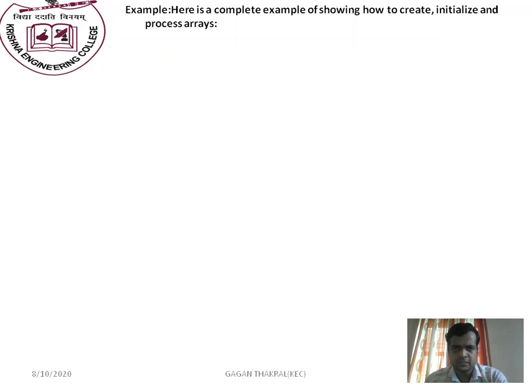Now we will discuss how to access an array, and how to create, initialize and process an array in this program. When we want to create a program in Java, it is mandatory to create a class initially. So first of all, we create a class with the name TestArray. Then we write the main function of the class by writing public static void main, and we pass a String type array as the argument in the main function of the Java program.